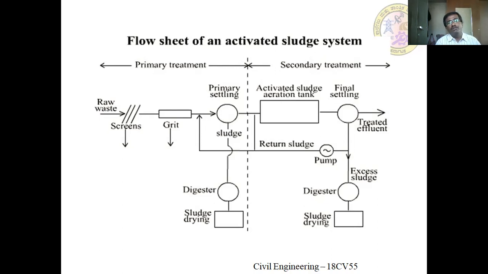The rate of the activated sludge process also depends on the amount of sludge returned to the aeration tank. It is one of the factors. Once the required amount of sludge is returned to the aeration tank, the remaining flows towards the treated effluent, and any excess amount of sludge is moved to the digester, and finally it reaches the sludge drying bed. This is the flow chart with the explanation of the activated sludge system. Very simple.